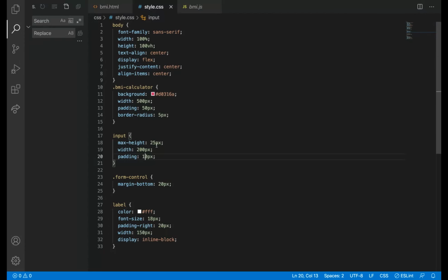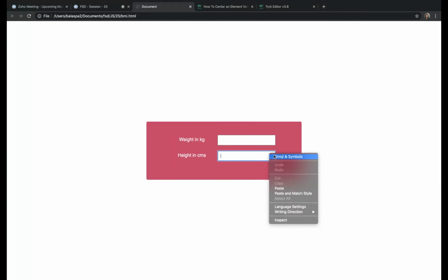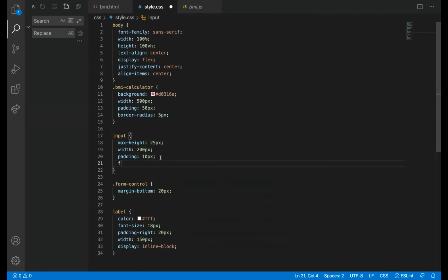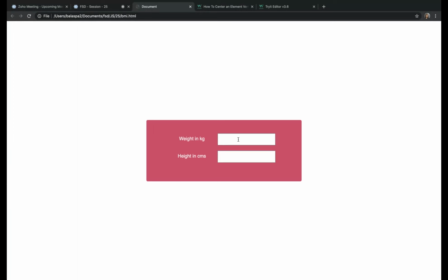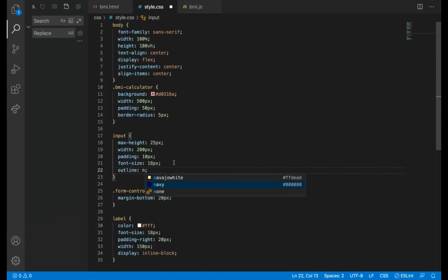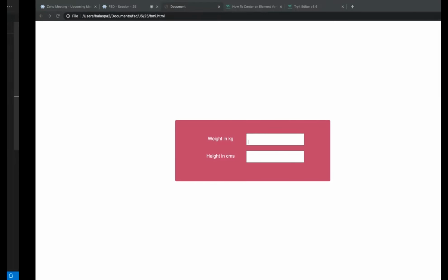What it will do is it won't allow the height to increase more than 25 pixel. I don't want to confuse. Font size I'll give because I want to teach JavaScript, and I am again going back to CSS. Okay, font size. Fine. Some outline is coming, so I'm going to give outline none. It won't come. Yes, I feel it looks decent.